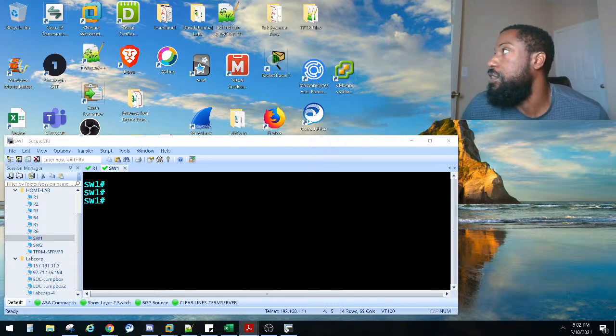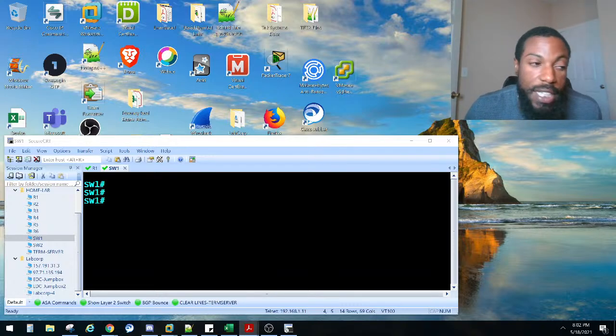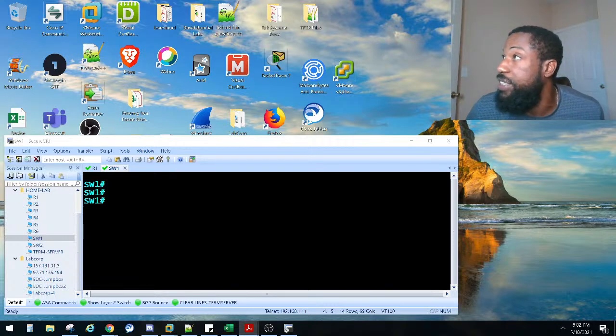So we can set up a couple ways, right? Where somebody plugs into our switch, or say a wall jack in the lobby or something like that. As soon as they plug in, boom, the port shuts down. We demonstrated that yesterday, right? Today, what we're gonna do is an advanced port security feature